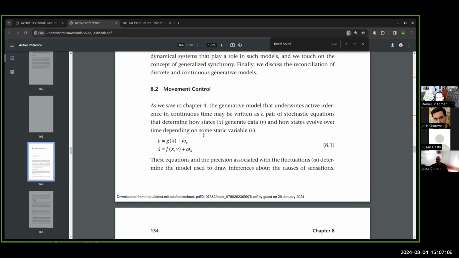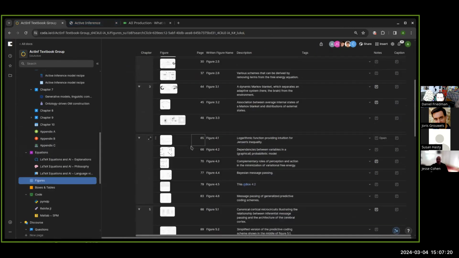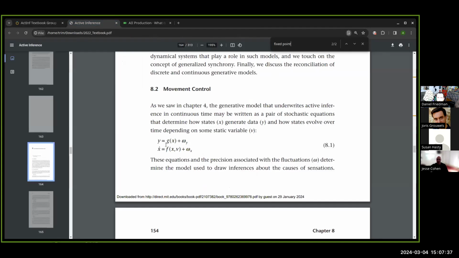One of the key differences is a different take on the relationship between observations and hidden states. In the discrete time setting, and figure 4.3 is like the Rosetta Stone with the top discrete time model and the bottom continuous time, in the partially observable Markov process setting, the A matrix is going both ways between the hidden state and the observation. Here, in line with the continuous time formulation being closer to some physics-based